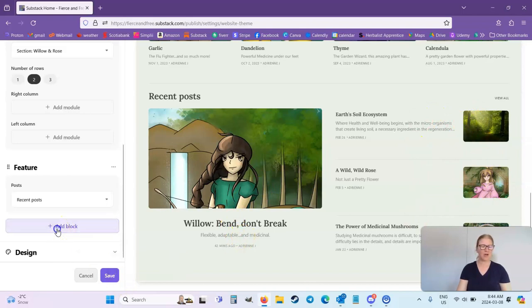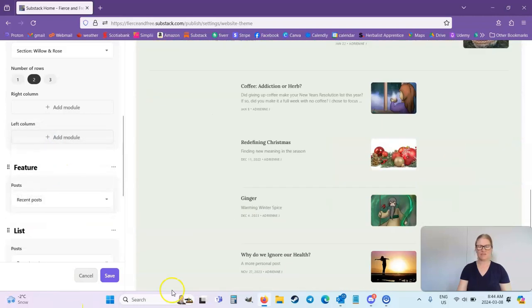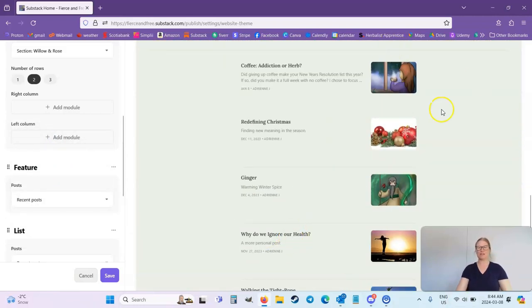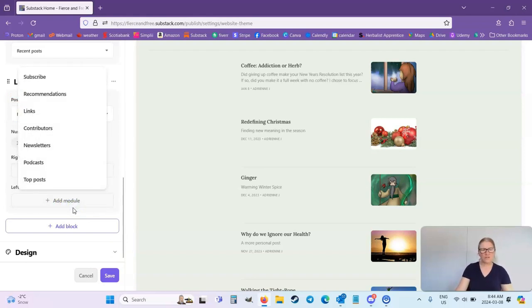So now we're going to add another block just because. And this time I'm going to do a list because I haven't done a list yet. So that's pretty blank and empty. So this time let's add some columns. So to the left column, let's add, let's